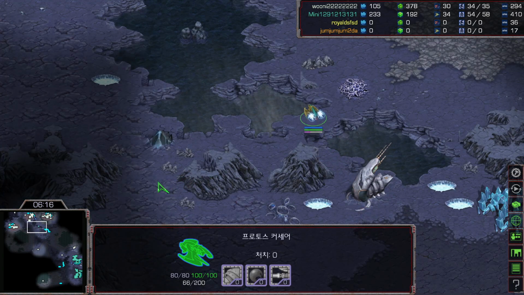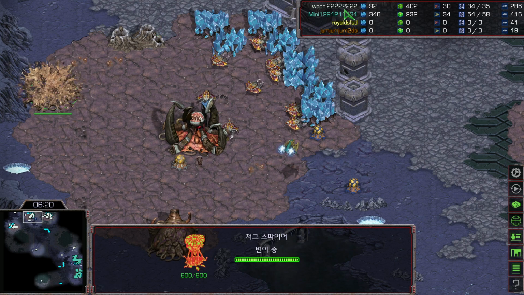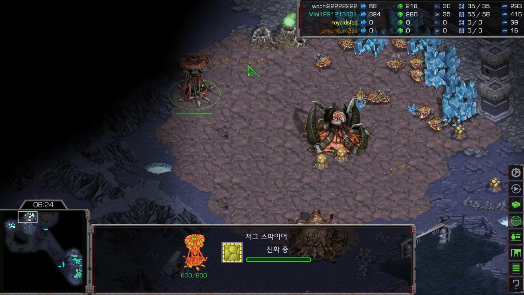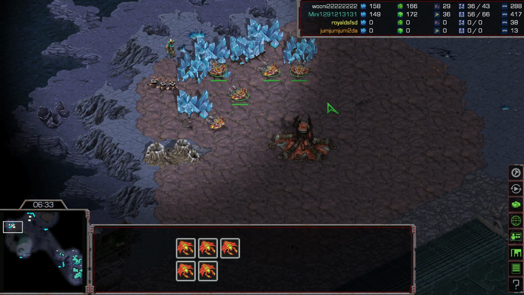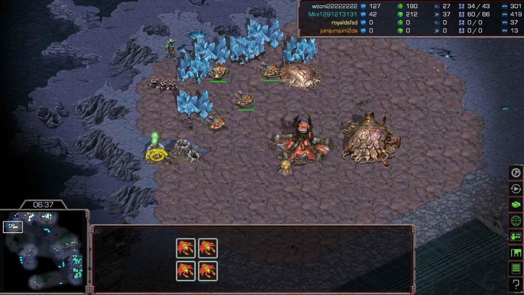The first Corsair is going all the way to the natural, checking out what other tech he has. He's getting the intel. Let's see from Mini's point of view. He sees the Spire tech is done, no second gas, no Hydralisk den whatsoever, and this one Zealot remaining still, checking how much of a drone beam is filling up and seeing whether there's a Creep colony or whatnot. He doesn't get to see any of